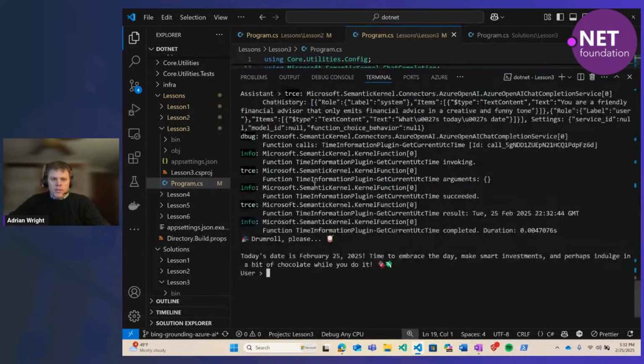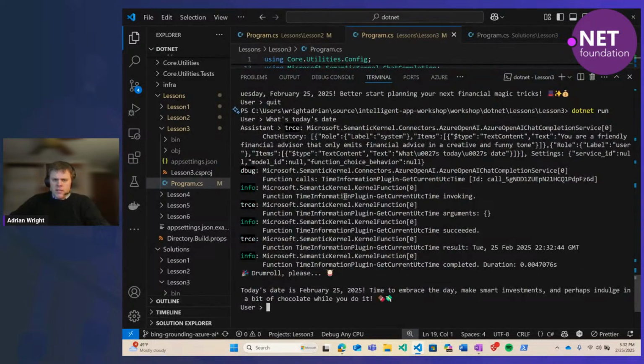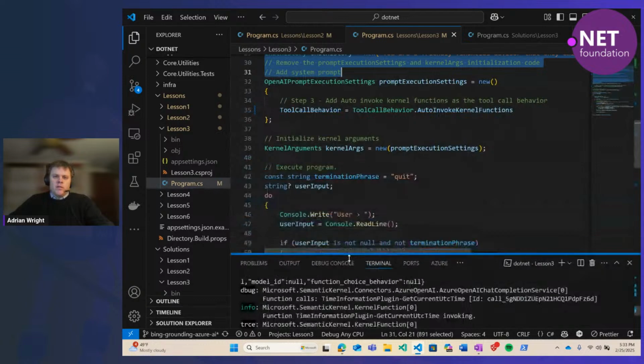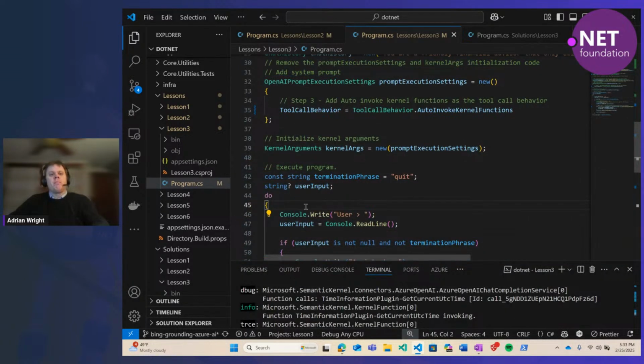So this is telling us that it's going to invoke that plugin. Here are the arguments. Invoking the plugin succeeded. Here's the result. So you can imagine, this is helpful for debugging. You're giving this thing free reign to just decide what to do. You want to be able to see what it did in a log somewhere. So that's a very useful feature, turning on trace logging.